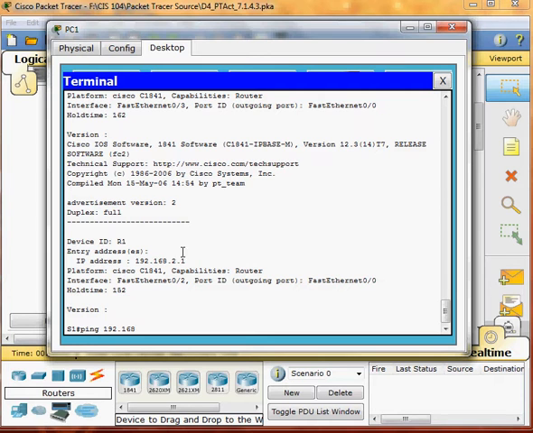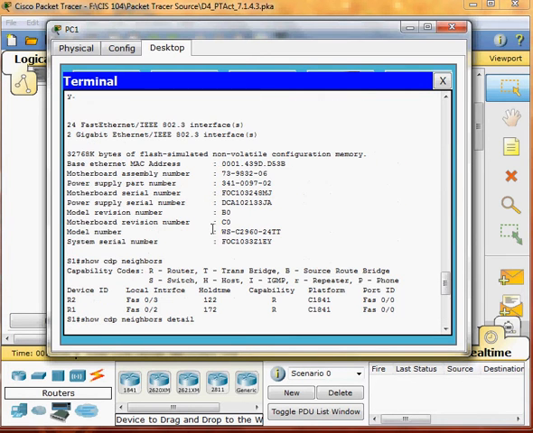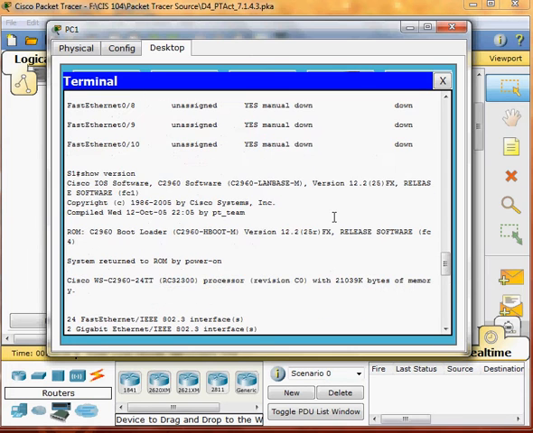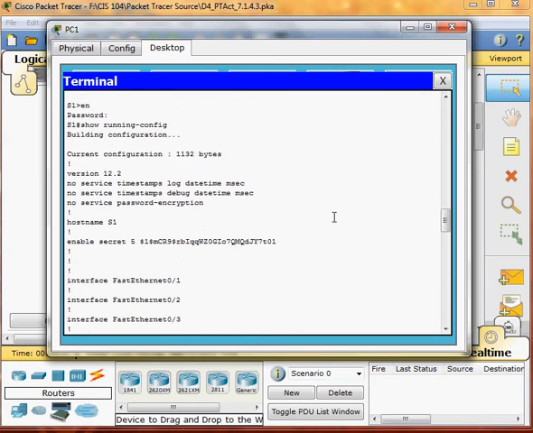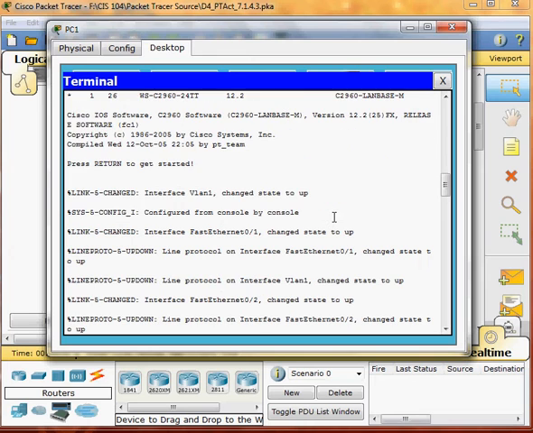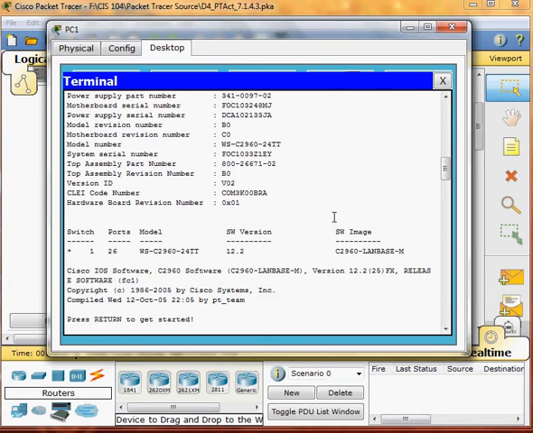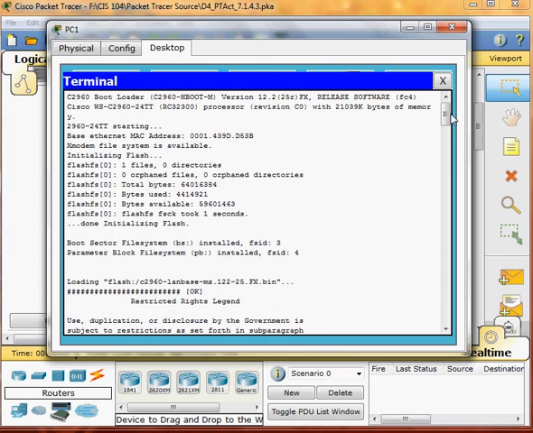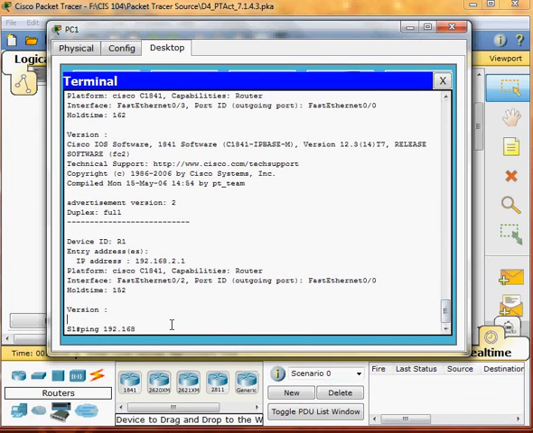Take a look at what's the IP address of router 1. Okay, so the IP address of router 1 is here. So 192.168, let's do that. The ping is also successful.